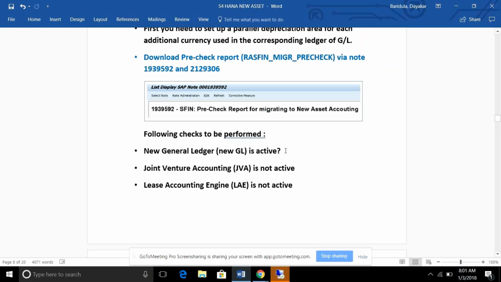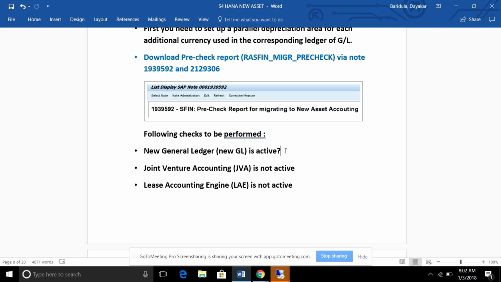For example, the customer is still on the classic. He did not implement the new GL or new asset accounting or whatever. So for them, SAP is giving the option for technical migration.